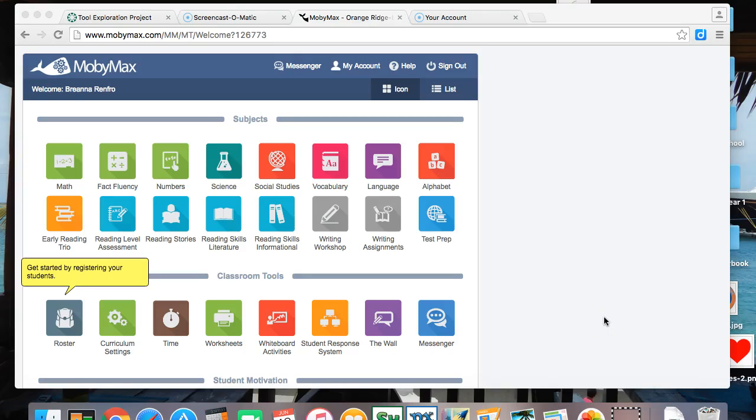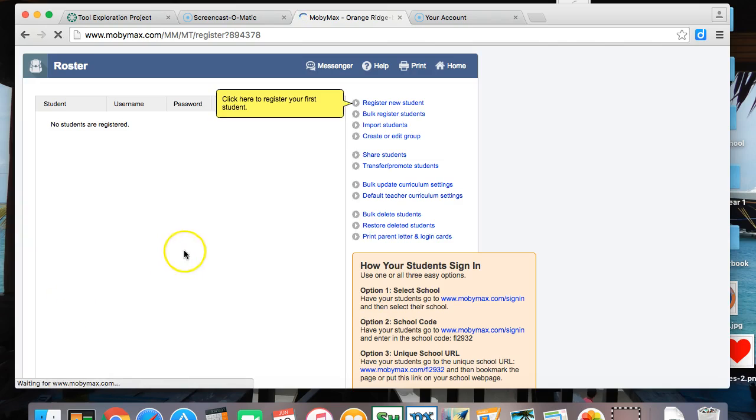Moby Max is a tool that teachers can use in their classroom to help differentiate instruction for students. So as soon as you sign up, you want to register your classes. You can click on the registration tool, roster,